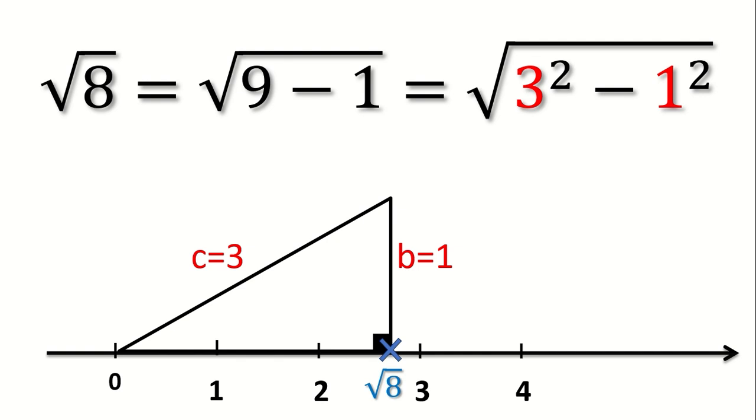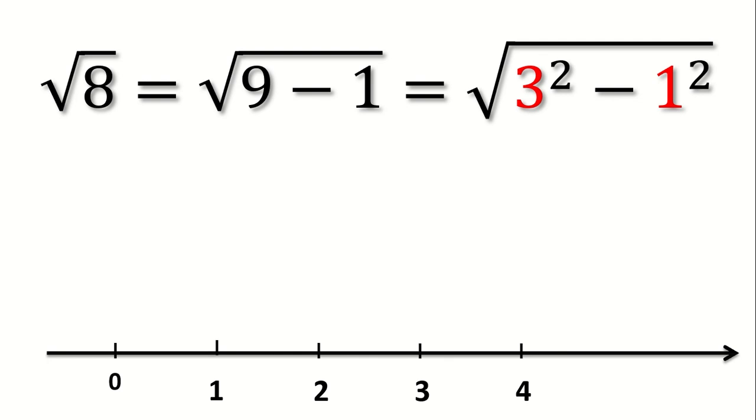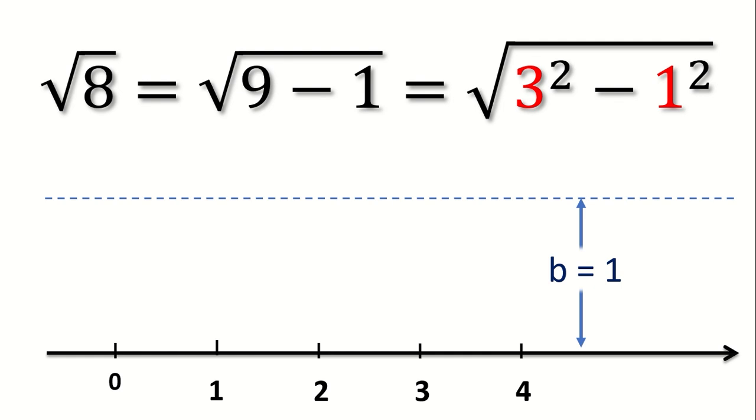So how to draw this triangle? First of all, we know that B is equal to 1. So let's draw a line with the distance of 1 from the axis line, like here. If we draw a line with the distance of 1 from the axis line, we can supply the distance of B, which is 1. So here we can draw a line in parallel with the axis. And then we can draw a